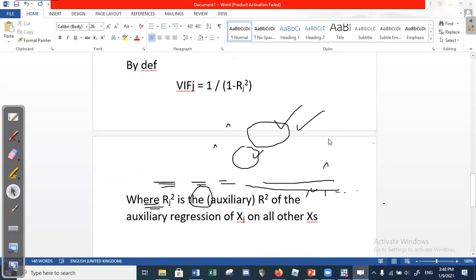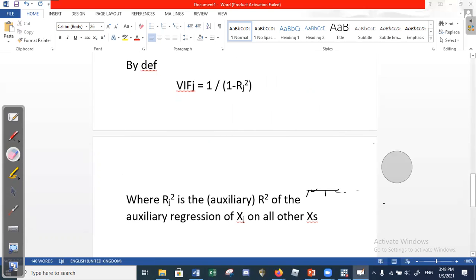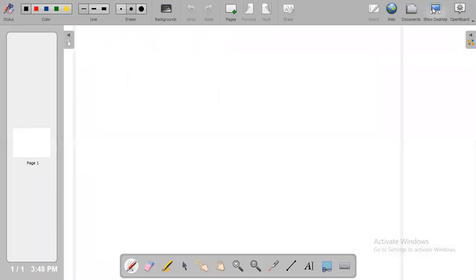By definition, VIF is defined as 1 over 1 minus Rj square. What is Rj square? Rj square is the auxiliary R square of the auxiliary regression of Xj on all others, right? What we mean by all this terminology,